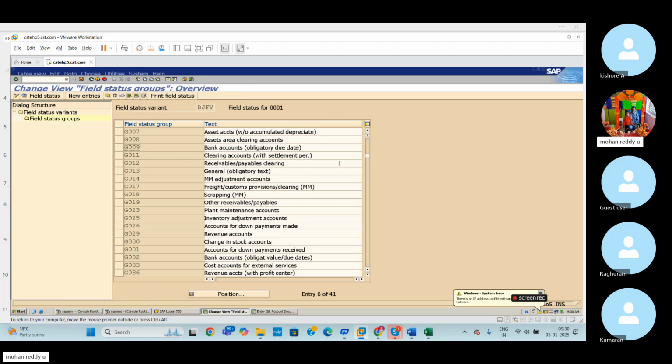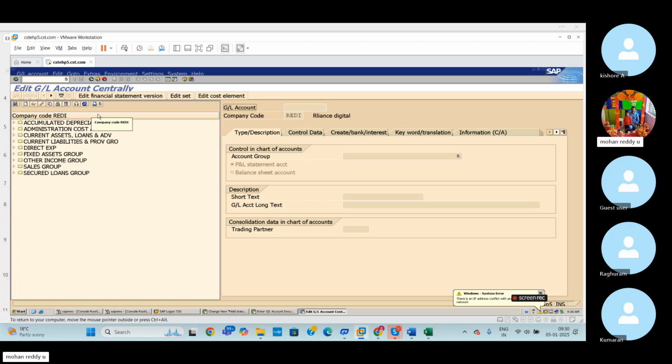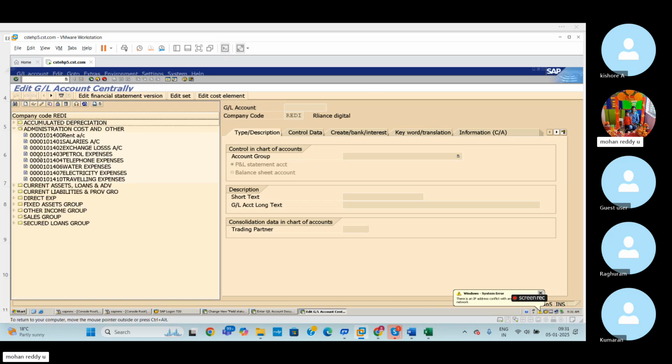For active transactions, whenever we activate the posting period, then we have the option to post the documents. So at the same time, here field status variant applies whenever you're trying to post. So for example, FS00 is GL account creation, right? So there are different types of GL accounts in my existing company. So now I want to create one more GL account under the administration expenditure. Traveling, like traveling is the